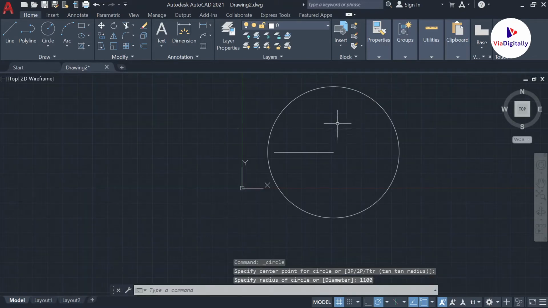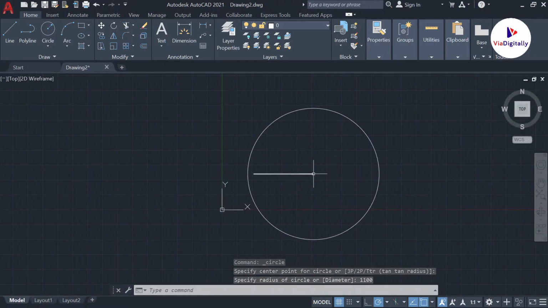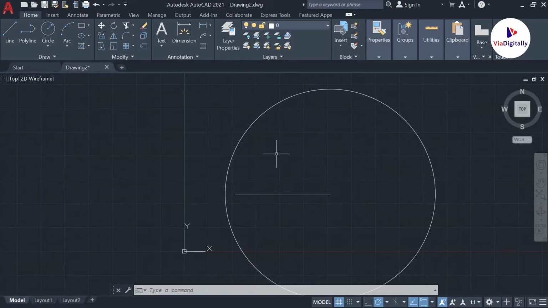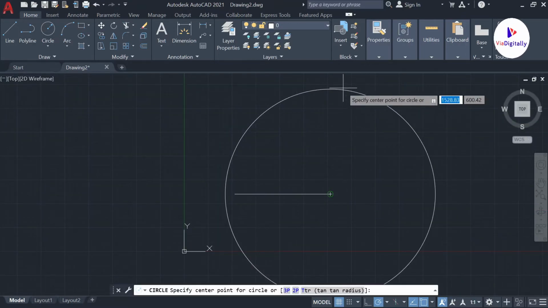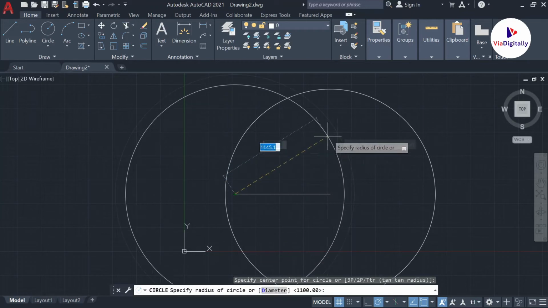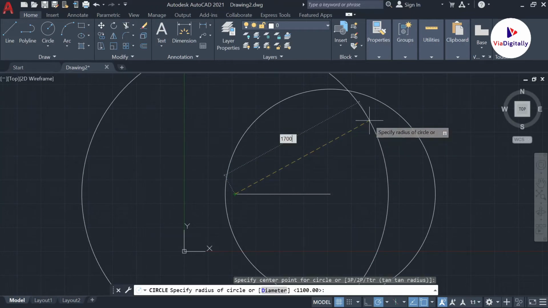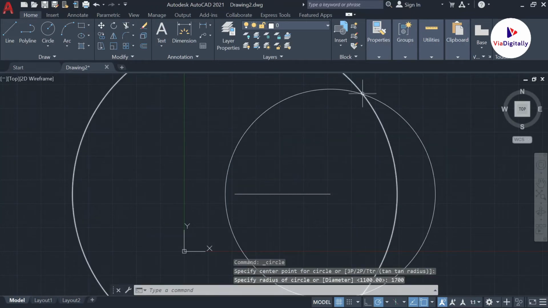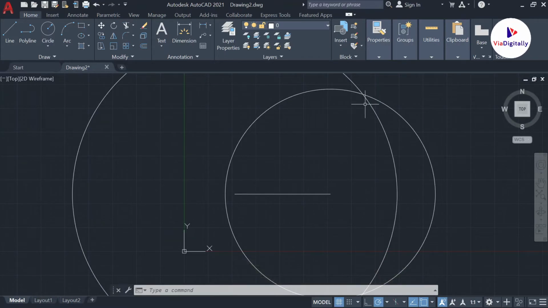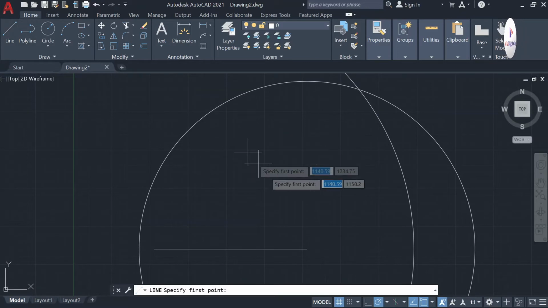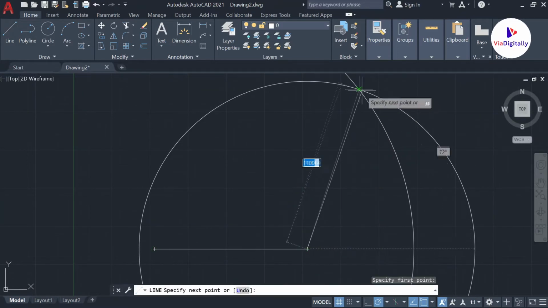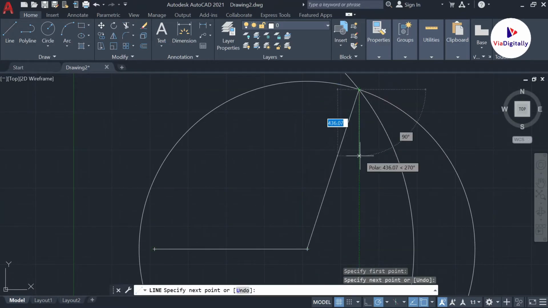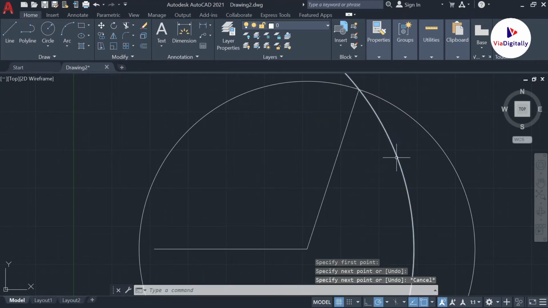So this is a circle with this point as center, and now I want a 1700 circle that will cut somewhere here. So this is a point of intersection that I can join using these two lines. We generally use this method with arcs in engineering drawing, but here we are using circles. That is the only change. Now let me draw this. This is the first point as well as the intersection point. Once we complete it, we can select the circle and delete it.